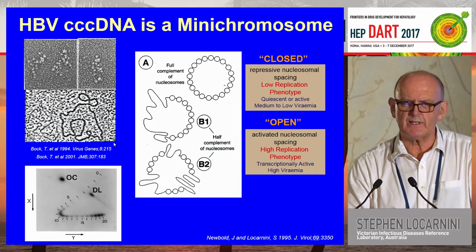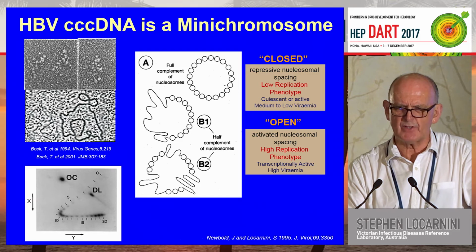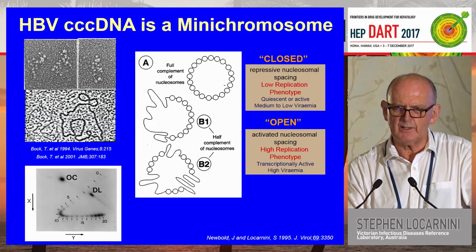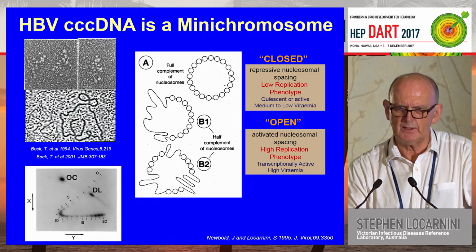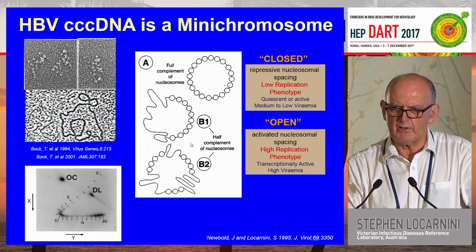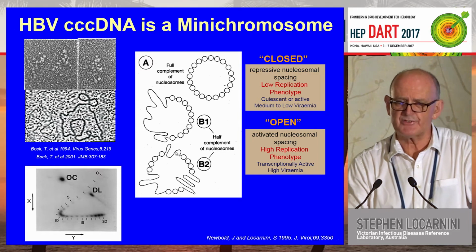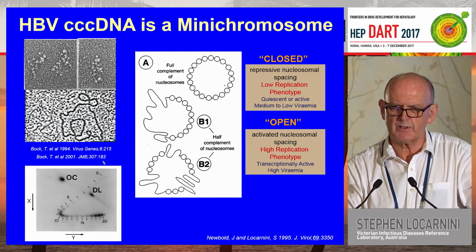So cccDNA is what the molecular biologists call this particular structure that's dominant in the nucleus, and really, it's non-physiological itself, but is now known to exist as a viral minichromosome, first shown by Thomas Bock many years ago with electron microscopy. And we confirmed that in various animal models in our own lab, and identified particular replicative intermediates, or if you like, topological states of the cccDNA minichromosome. If you have an SV40 background, you know this is a 2-dimensional chloroquine gel and can resolve all of the DNA species typically seen in the nuclear extract,